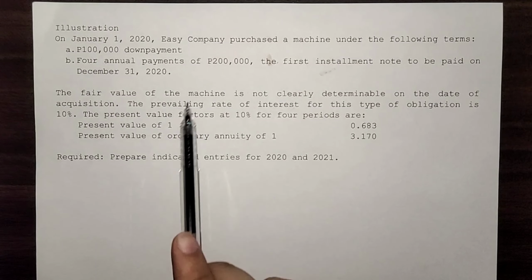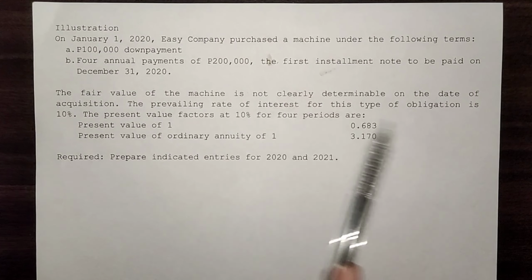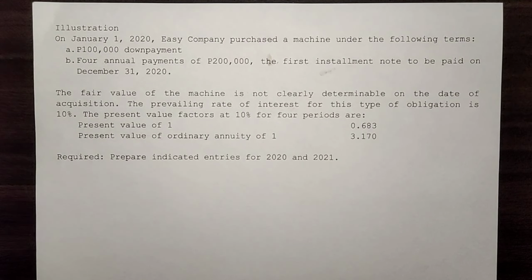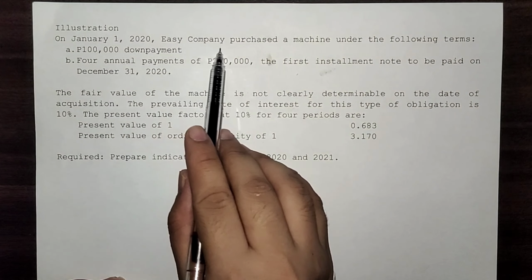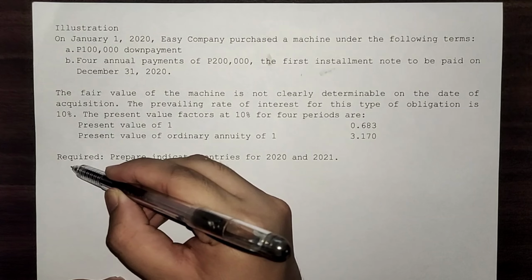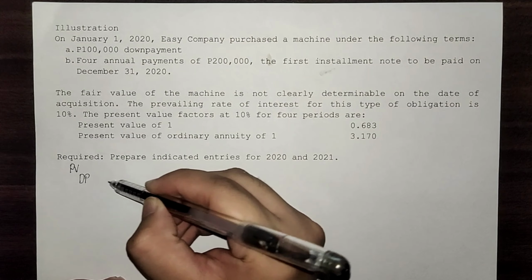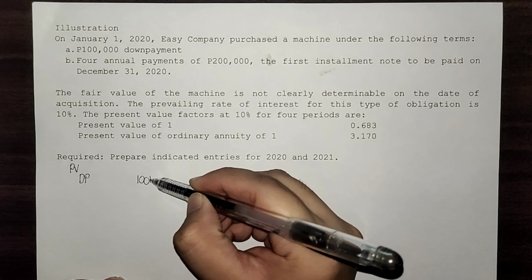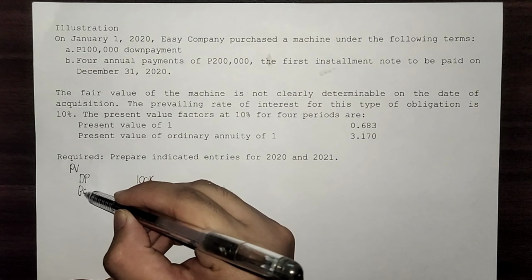Since ito class ay hulugan, binili ng installment, may nakapaloob na interest diyan. At kailangan nating tanggalin yung interest doon sa mga installment payments. Para magawa yon, we will determine the present value of future payments. So ang nangyari, si EC Company bumili ng machine, nag-down siya ng 100,000 pesos. So this is the present value. Nag-down siya ng 100,000 at the time of acquisition and yung 4 annual installments,